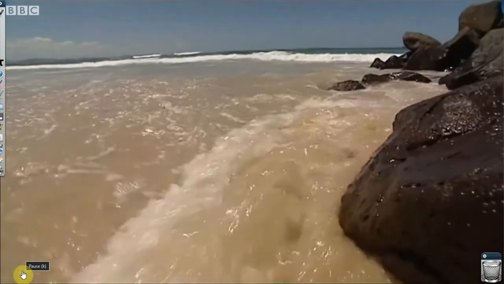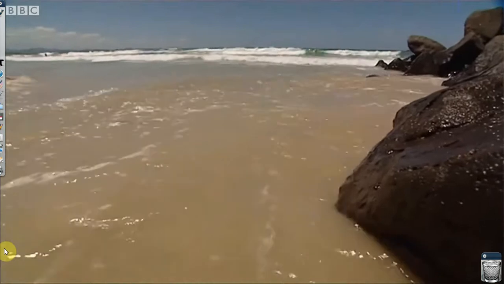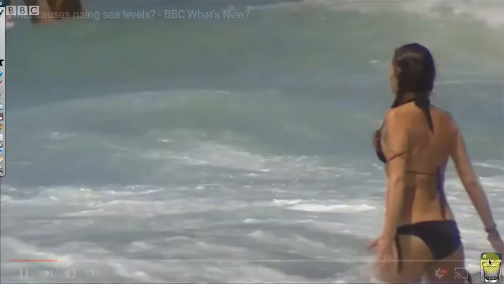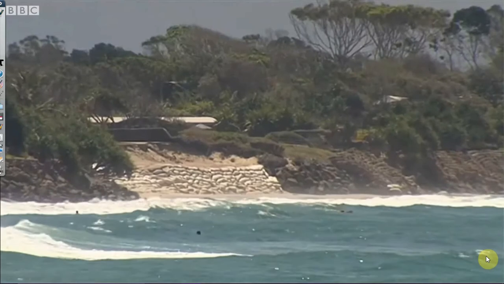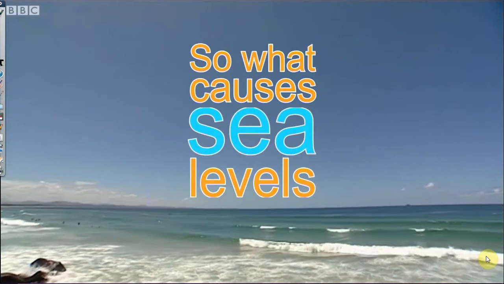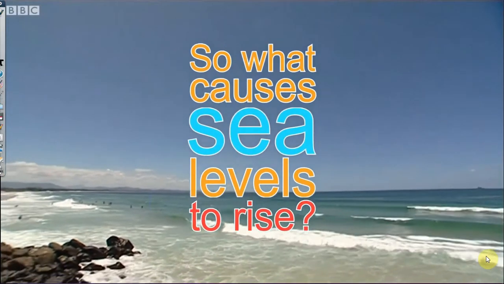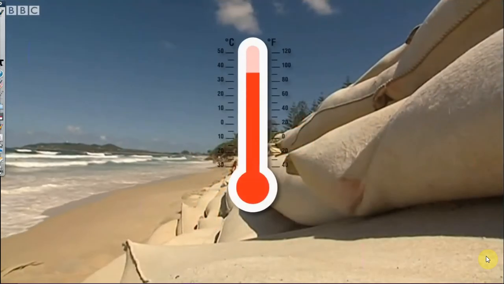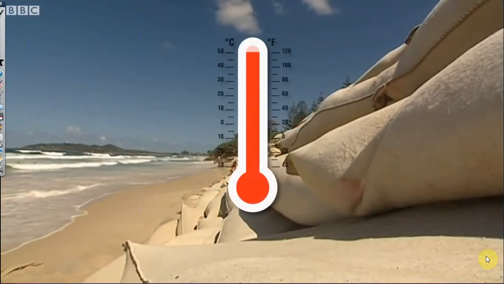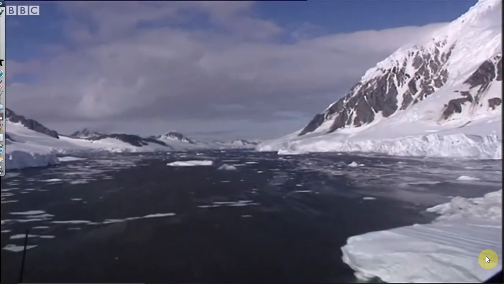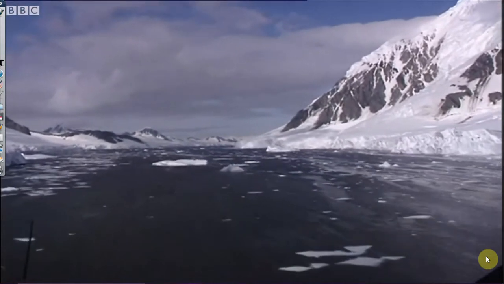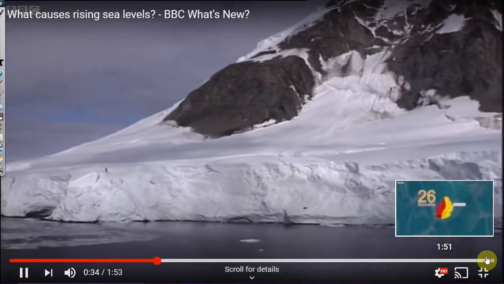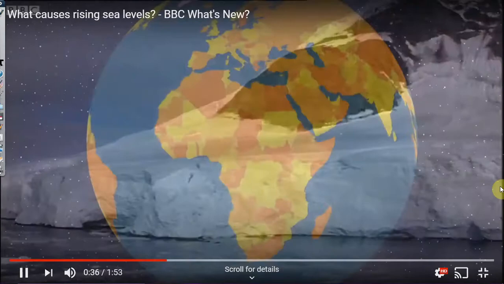Sea levels are rising across the globe. According to scientists, the levels have accelerated more than ever in the last 2 decades, and it's the fastest rate of increase on record. So what causes sea levels to rise? Climate change has a role to play in this. If the global temperature goes up too much, it causes the oceans to warm up and sea waters to expand. This takes up more space in the ocean basin and causes a rise in sea level. The warm water causes glaciers and ice caps to melt, adding to the rise in sea levels.